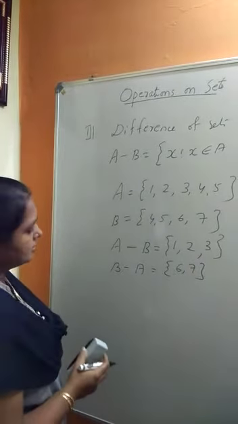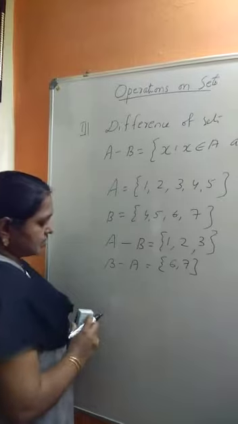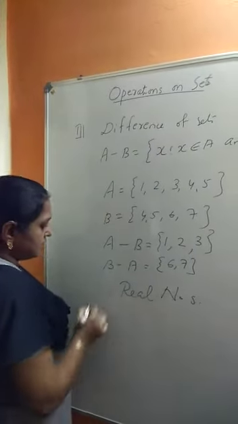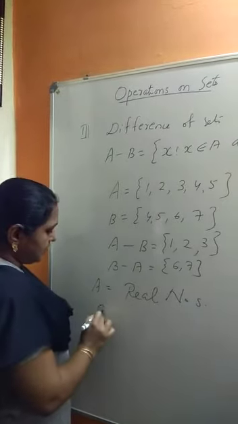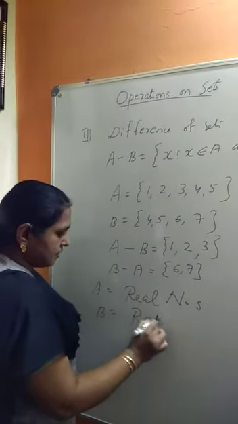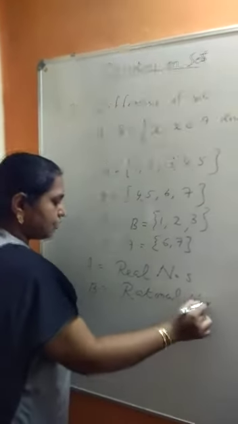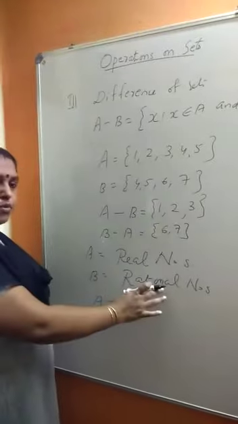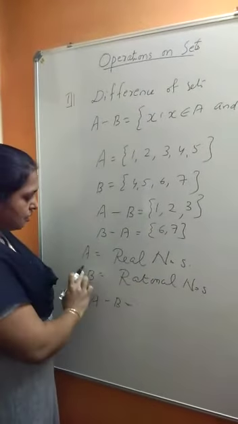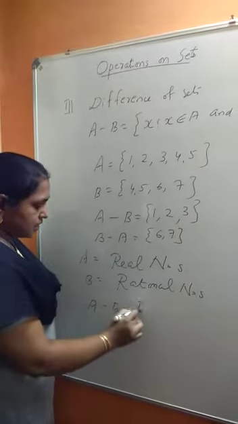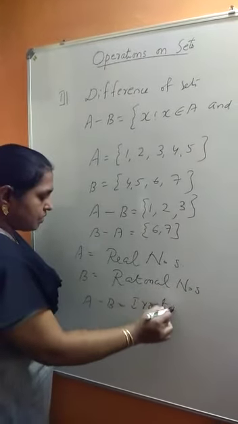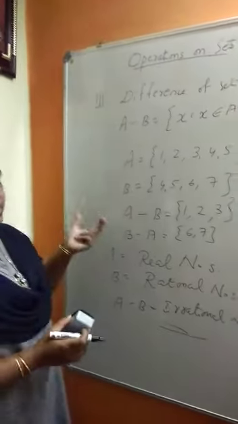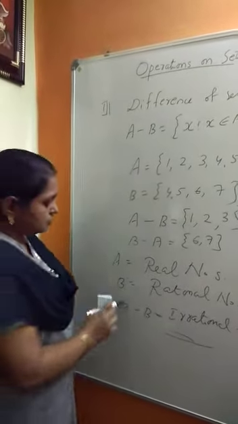Now if we consider another example, like if we consider the set of all real numbers. Real numbers is the set A and B is the set of rational numbers. So what will be A minus B in this case? We know that real numbers means it is the system of both rationals and irrationals. So A's extra elements are irrational numbers. So A minus B will be equal to irrational numbers. So this way we can find out. And these definitions can be extended to more than 2 sets also.